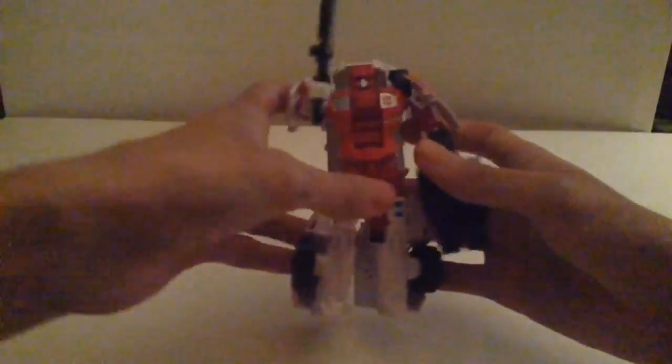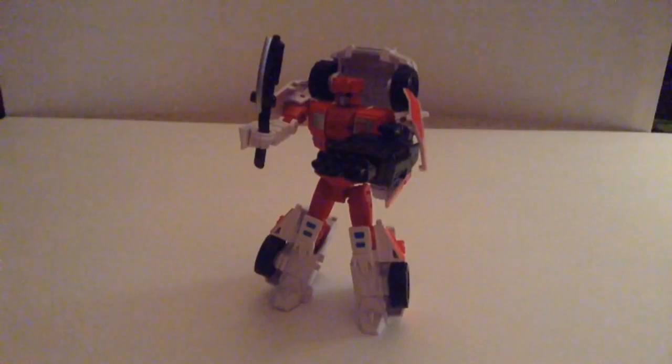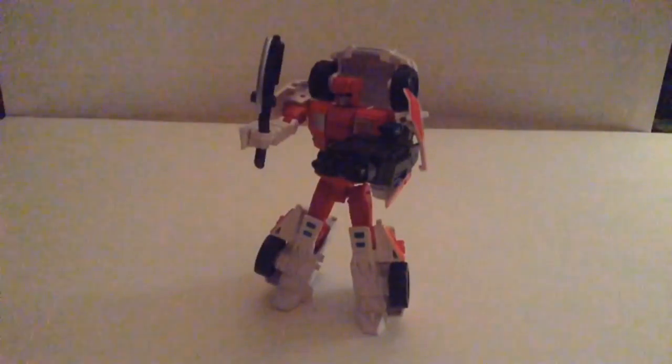So there you go. He can hold his gun, and he is ready to give a well-deserved dose of pain to the Decepticons. You see what I did there? Because he's a medic, and he's Dr. Term. Anyway,